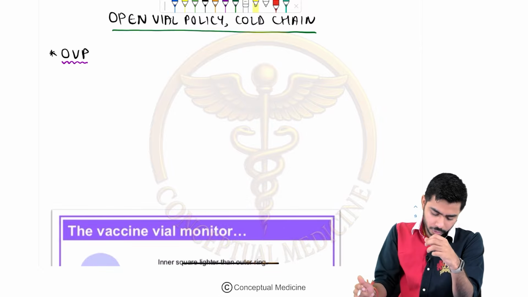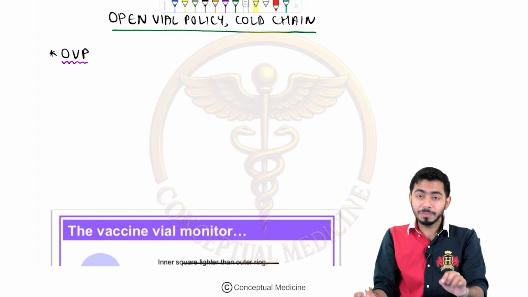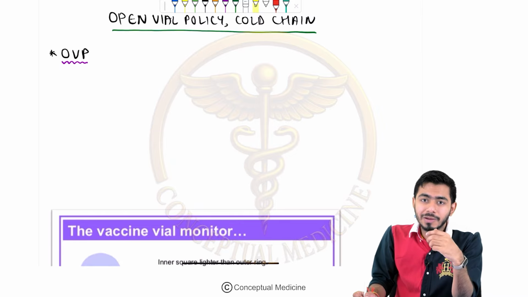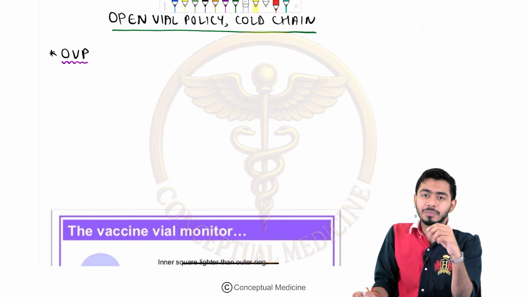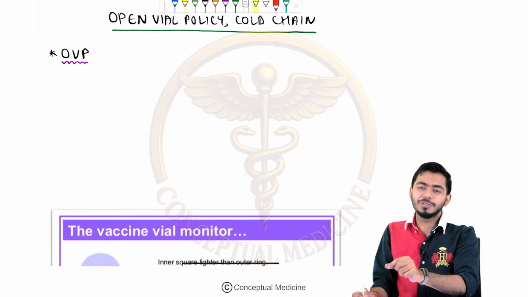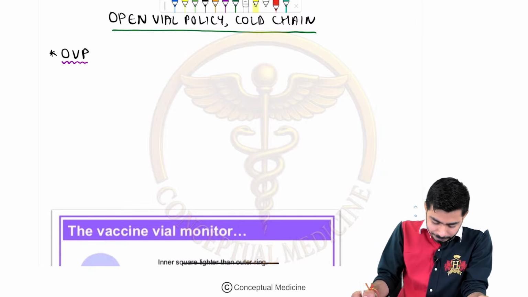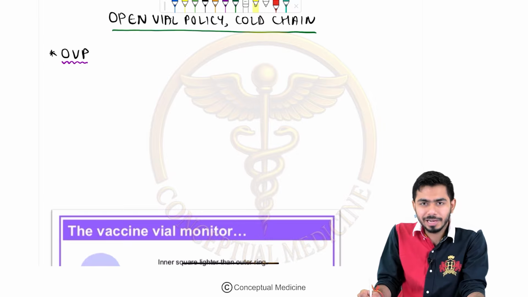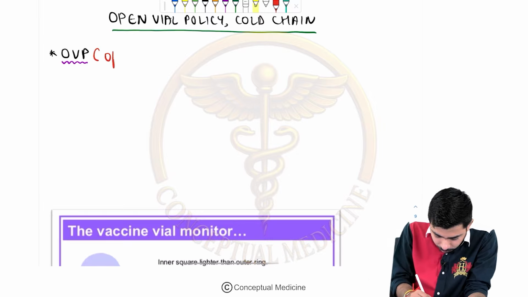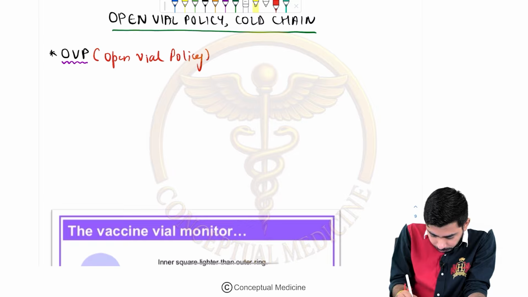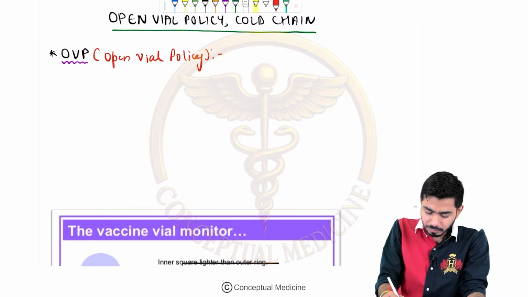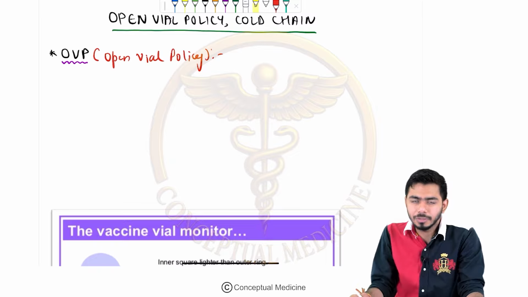Different vaccines. So over here, let's start with the OVP I am writing over here. This is not the OPV which you have studied in the last one, that was the bivalent oral polio vaccine. Here this is the open vial policy, so this is the OVP I am writing. Guys, this is not oral, this is the open vial policy. Please do not confuse, no confusion at all. So here, we are using some vaccines which shall be given